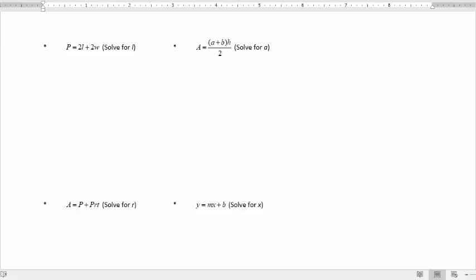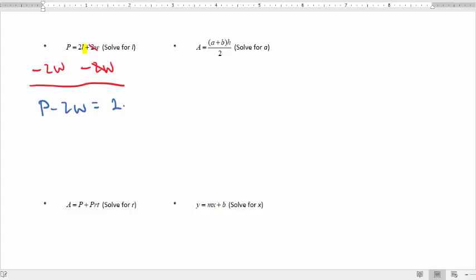Another one here, P equals 2L plus 2W, solve for L. So this is the perimeter of a rectangle formula, right? So I'm trying to solve for L. So in this case, I've got to get rid of that 2 that's next to the L, and I've got to get rid of the 2W. Well, the 2W is easier to get rid of because it's not attached to the variable that I'm trying to solve for, so I can just get rid of this 2W by subtracting it. So now it's going on the right side, and on the left side I would just have P minus 2W